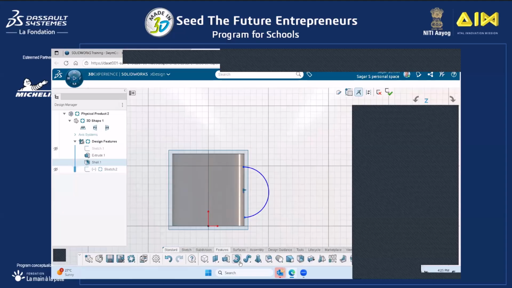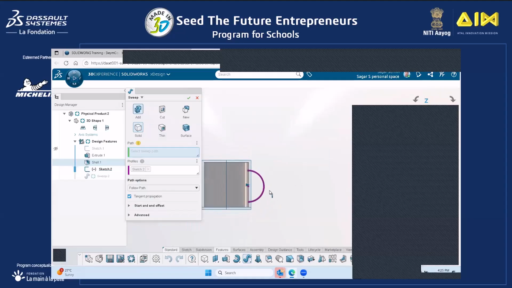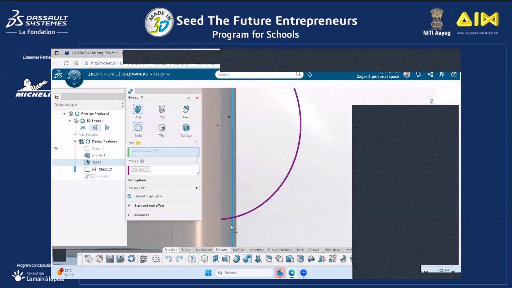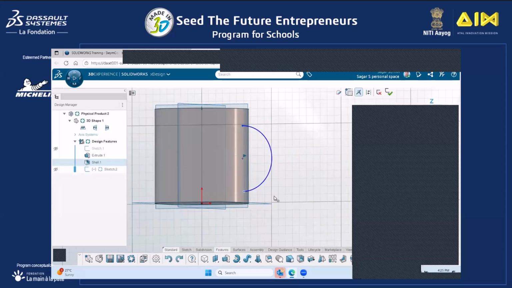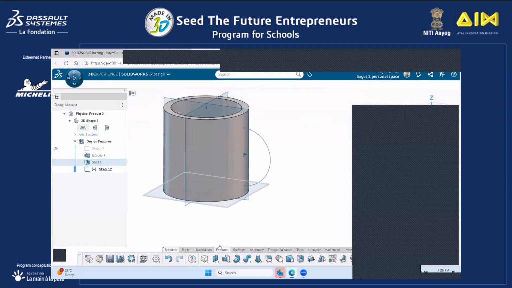Now I will go to features, and here you can see the sweep command. Click on it. For the sweep command, you want to select the sweep path. I have not selected the sweep path. So it is asking for the profile and the path. So path is this one, but I have to create a circular profile, or I can have any other profile also. So for now, I will exit this sketch, and I will create one